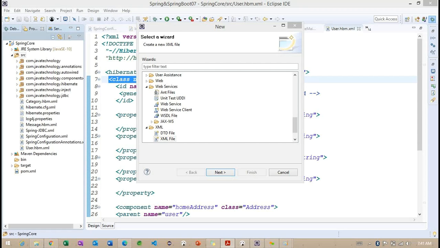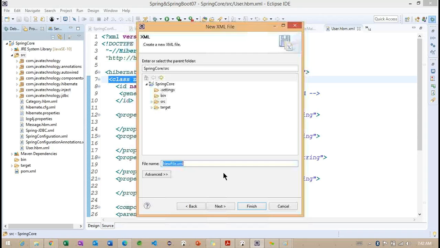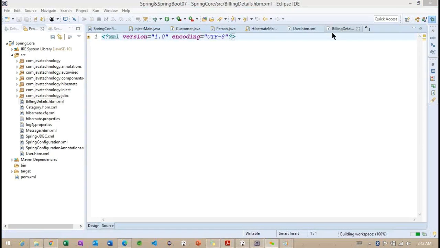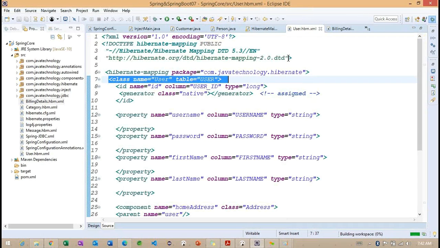Here we need to create the billing details mapping file, billing details dot hbm dot xml. And let me add some information here.